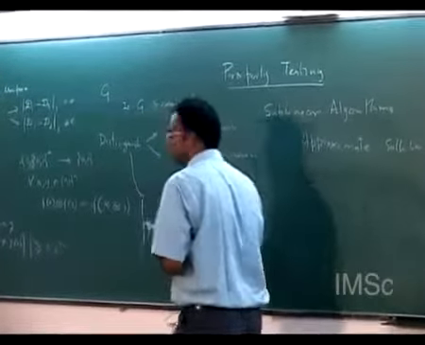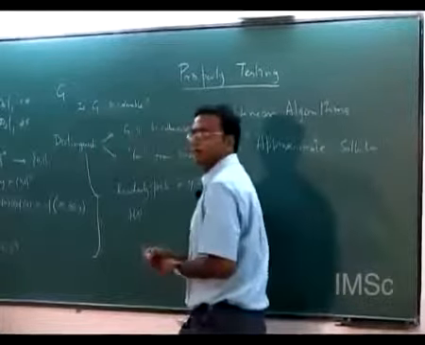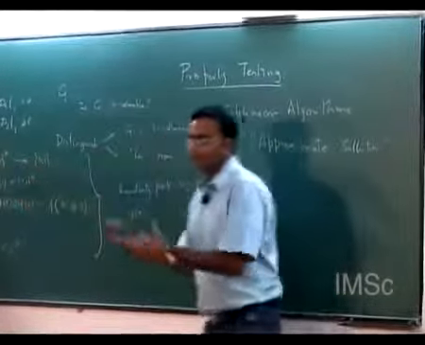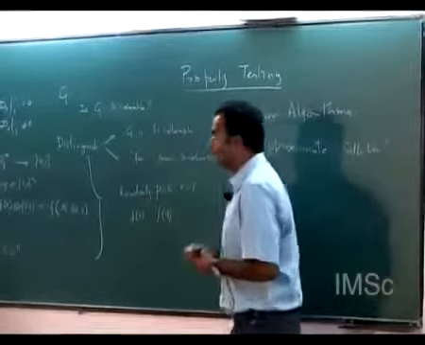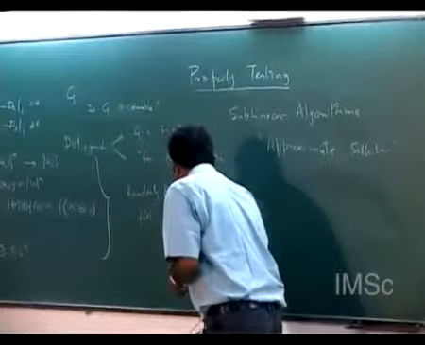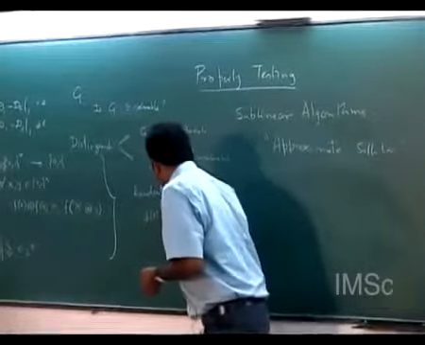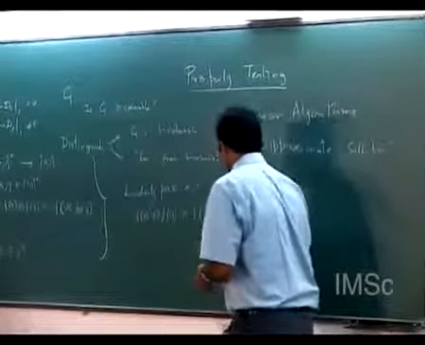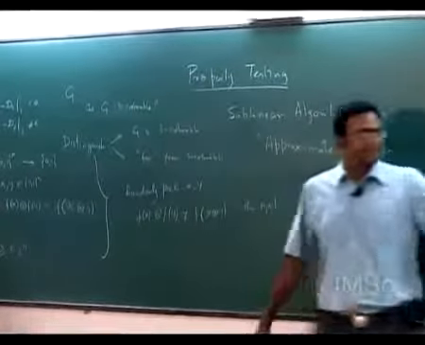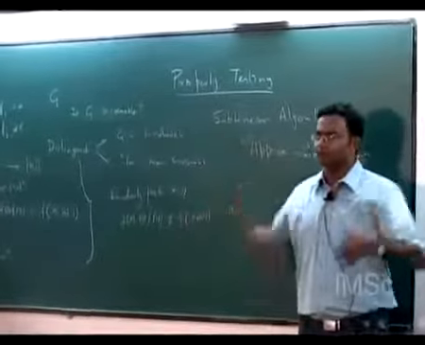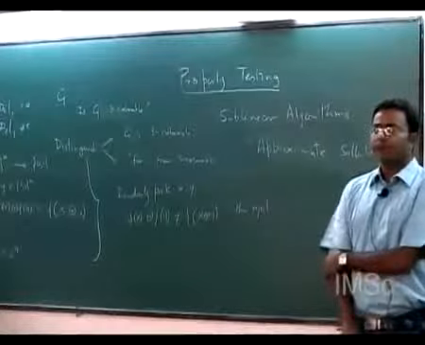x and y, and we compute f of x. We don't compute, but we ask the black box to give us f of x. We ask the black box to give us f of y. We ask the black box to give us f of x plus y. And if this plus this is not equal to this, then reject. And just like before, maybe you want to repeat it multiple times, which is fine. Okay, this is an algorithm,